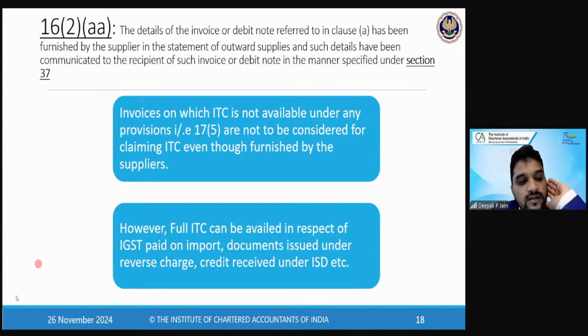But there is a point here that everything will get uploaded, but can you claim credit of everything? No. Invoice on which ITC is not available, that is under section 17(5). When we read section 17, we'll get to know, but यहाँ पे समझ लीजिए कि section 17(5) is block credit. जो भी credit आपका block हो गया है are not to be considered for claiming ITC. Okay? तो block credit में एक classic example है